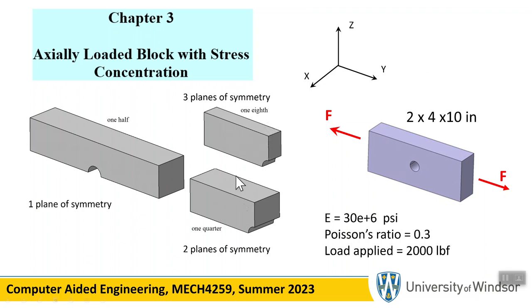But you might say, okay, why don't I not use one of the planes of symmetry? Does it have two planes of symmetry? The answer is yes. So that's going to be 1/4 of the model. In other words, you just cut it with, for example, the XY plane, and in this case I've done it with the XZ plane, but no cut in the YZ. So that's going to be 1/4 of the model. Or can I do half of it, with just one plane of symmetry, XY? Yes, these are all correct, but